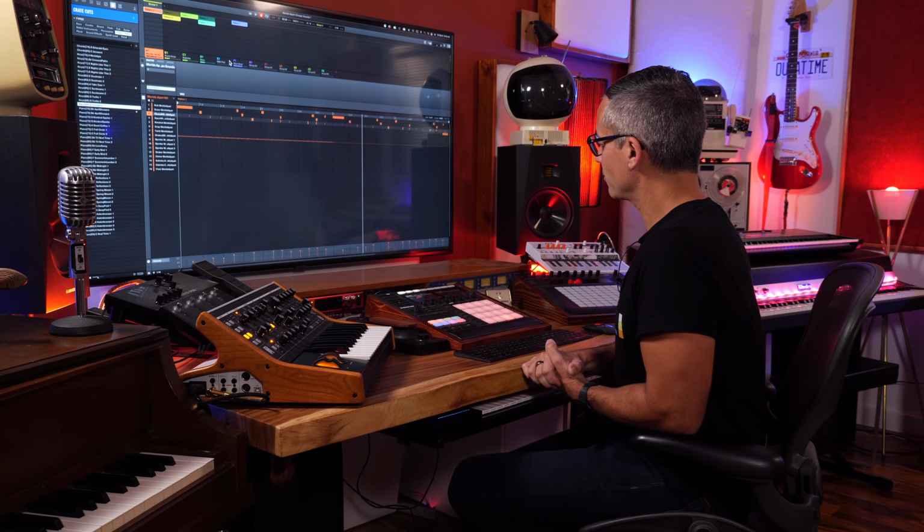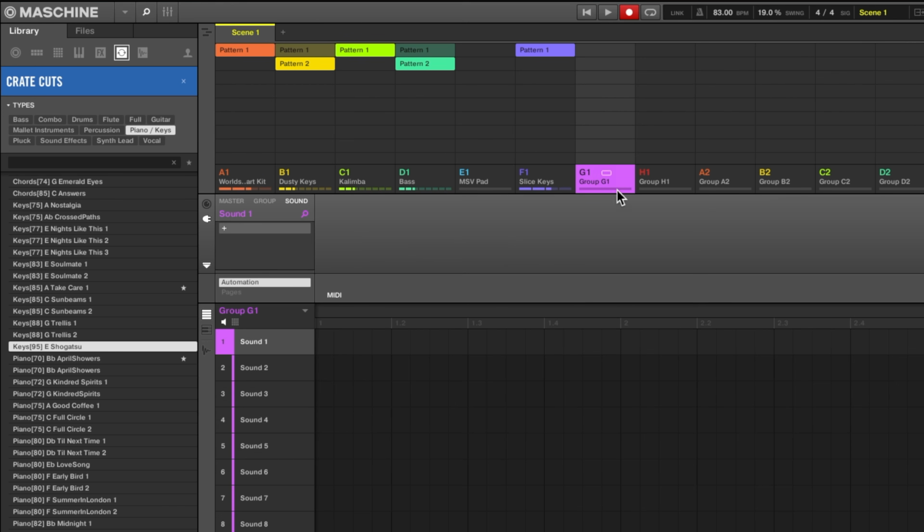But that's the subject for another video. So now what we should do is talk about the different types of sound generators and the different types of effects that you can load at the sound level, and then the effects that you can load at the group and the master level. In order to do this, let's go to a fresh one right here,